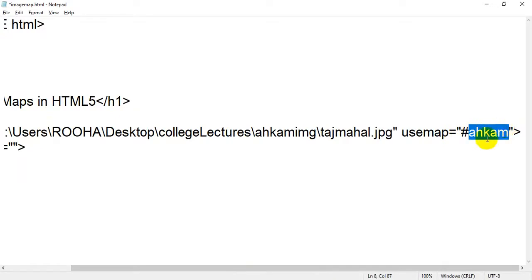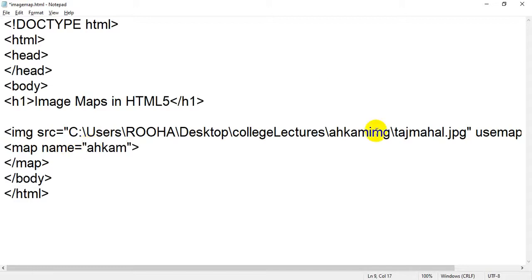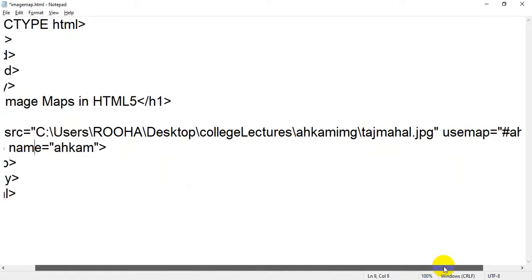Control C I have clicked and I have pasted over here. Means the value of usemap attribute and the value of name attribute of map tag must be same. Only in usemap you have to use hash symbol, but in name you have no need to type hash symbol. Okay,